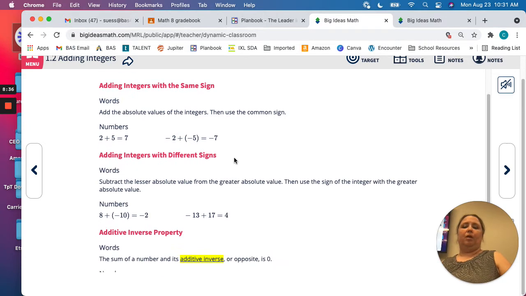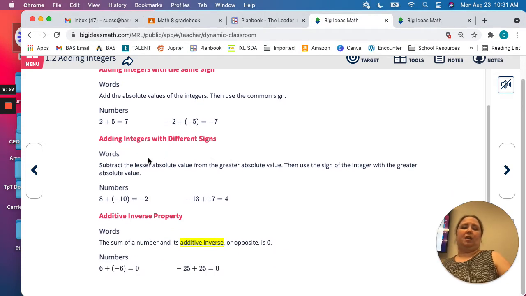Good. What about adding integers with different signs? Okay. Here's the key. When I'm adding an integer that one is positive and one is negative,